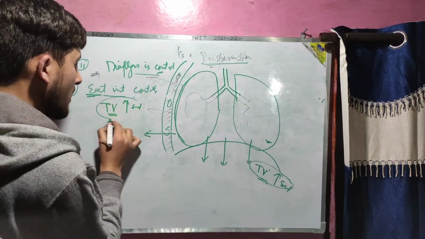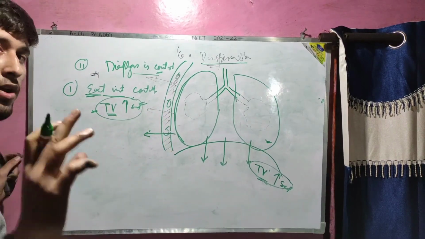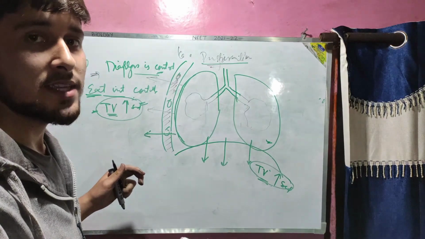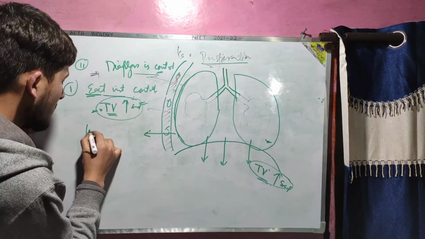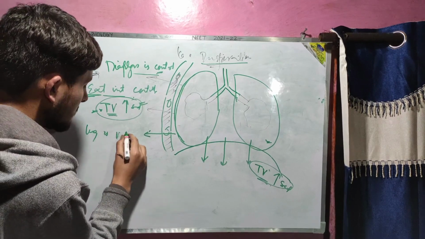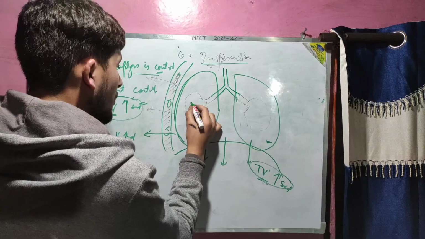जो ही thoracic volume increase होता है, we know that what happens in thoracic cavity, same case happens with the lungs. If thoracic volume is increased, lung volume is also increased, or intrapulmonary volume जो है that is increased. If this volume is increased,